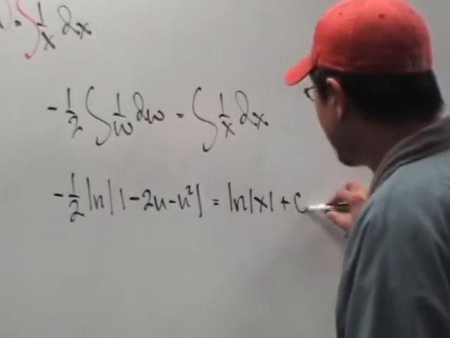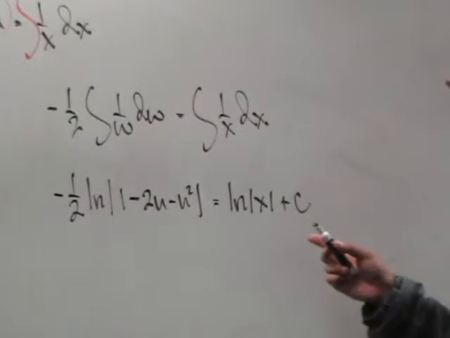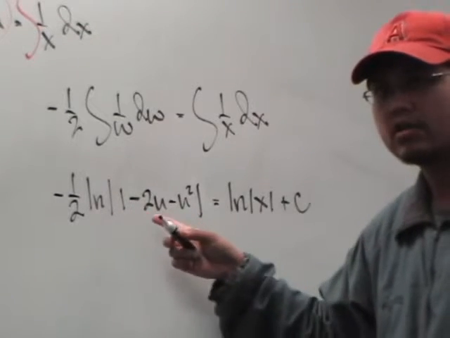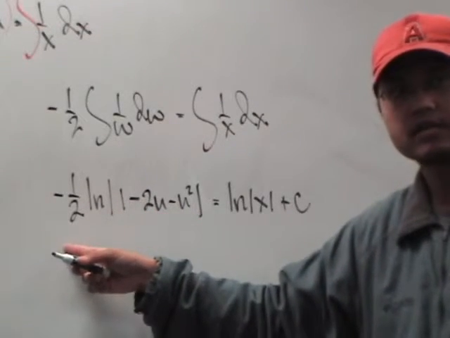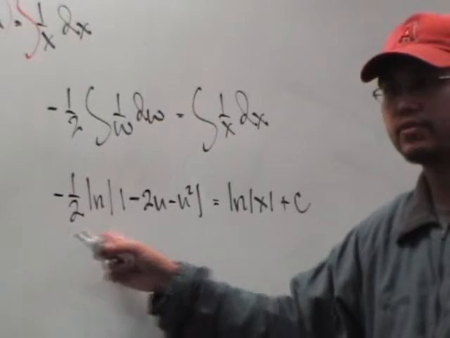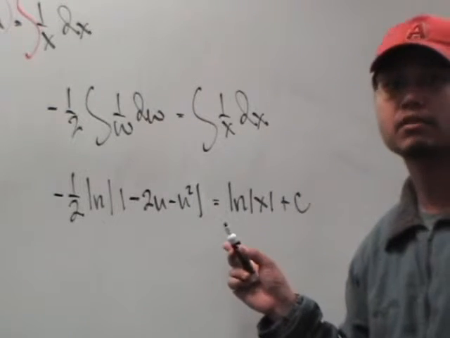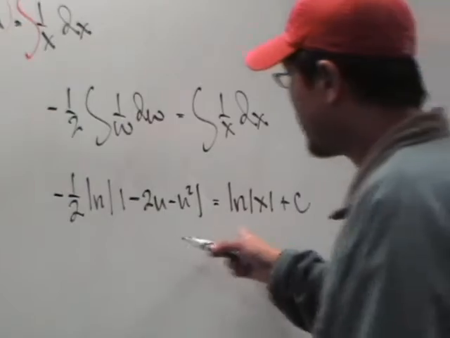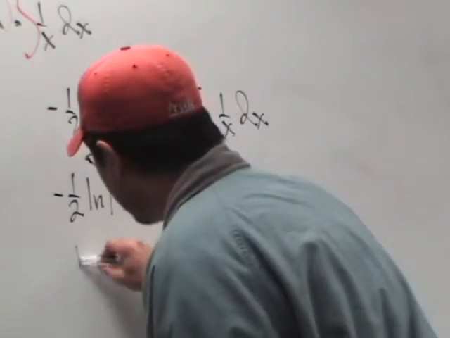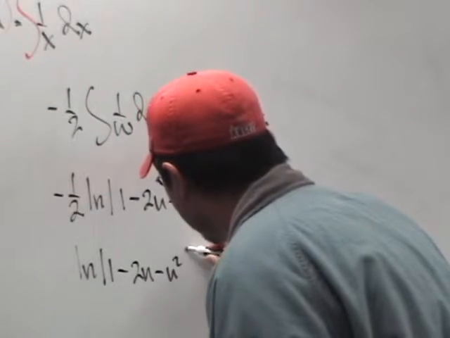Now, plus c. You can just leave it like that and solve from here, but I don't like to have a constant in front of the larger log. I like to have the constant in front of the smaller log. So I'm going to multiply negative 2 on the right side. Are you okay? That'll make the whole thing nicer. So if I multiply both sides by negative 2, this left side becomes natural log of 1 minus 2u minus u squared, equal to